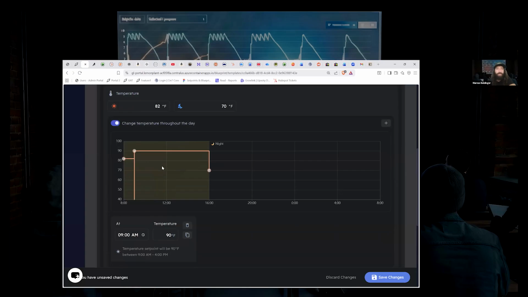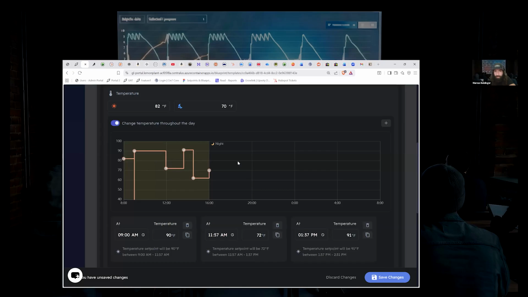Now, if I want to create a new point, let's just say right around noon, I could click here and it dropped it down to 72 where I put. So I just clicked in here, and I can actually click as many times as I want and do the same thing all throughout here, just for some crazy thing if you really want to mess with your units. But this is just to show we have the ability to shift this set point all throughout the